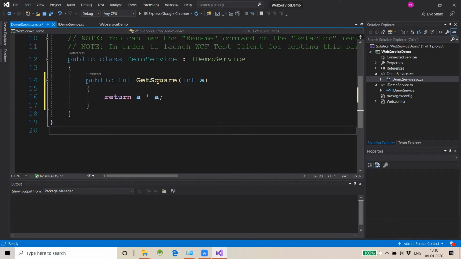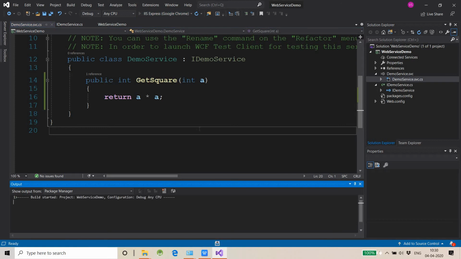Now let's test it. Before testing it using the client application, we can also test our service contracts, or you can say the methods exposed by the WCF services, using the WCF Test Client. And the WCF Test Client is basically provided by .NET itself. If you run it here, that will be visible right now. If I run it here,